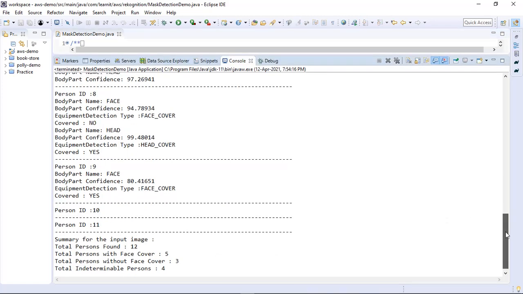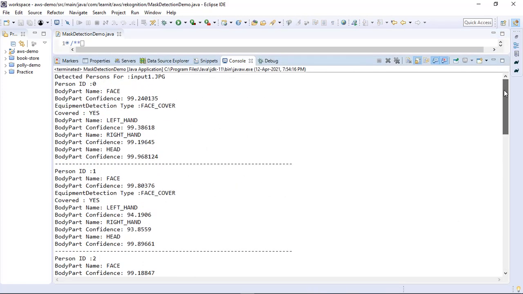So guys, you can see it has processed an image, that is input1.jpg, and it has identified persons in this image.